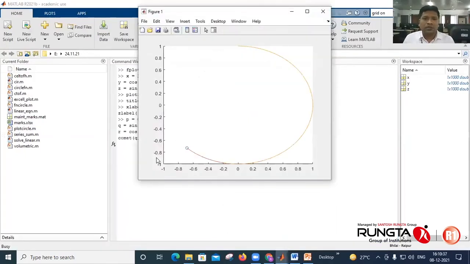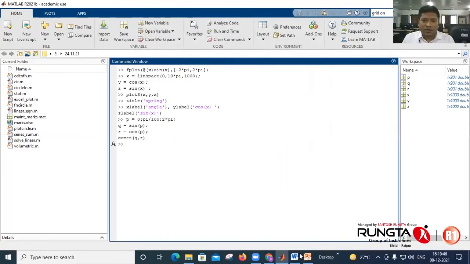Okay, so it will show in animation mode. So you can try the comet mode. It is just for fun. Okay, next.